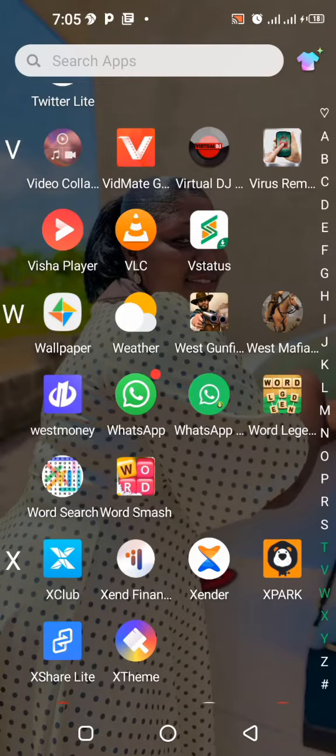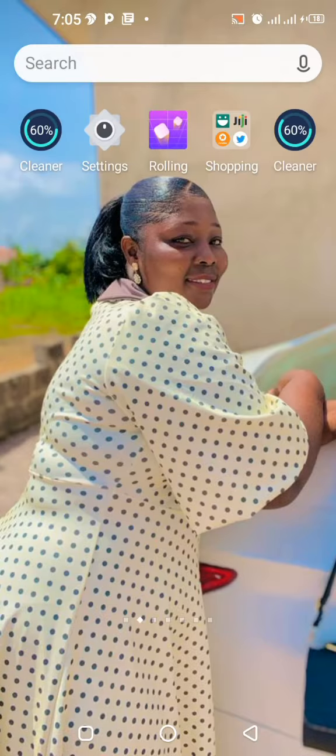So when you get to Google Play Store, try to update this app. And after updating the app, tap on the power button for some while